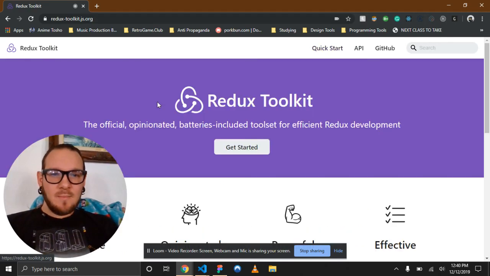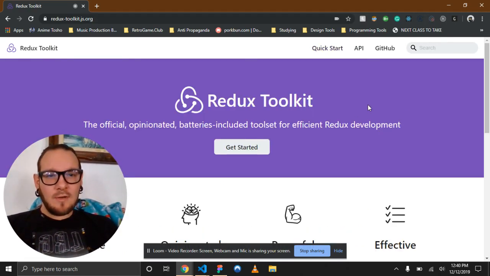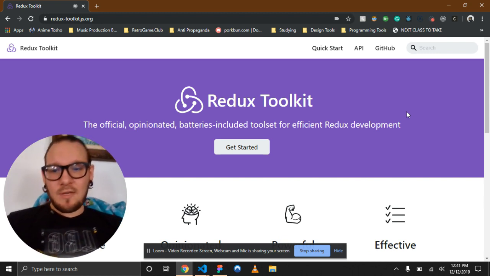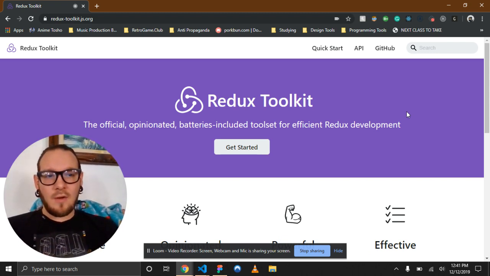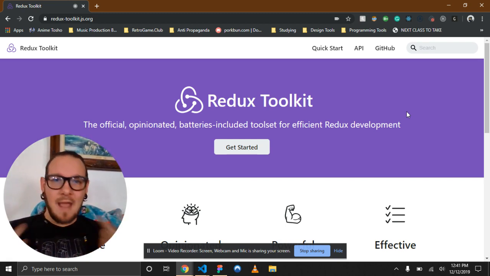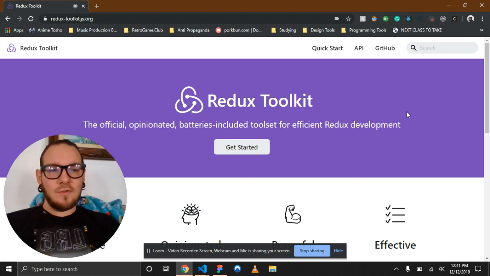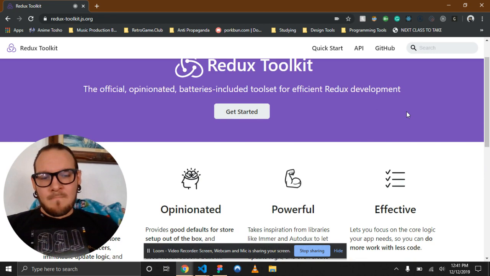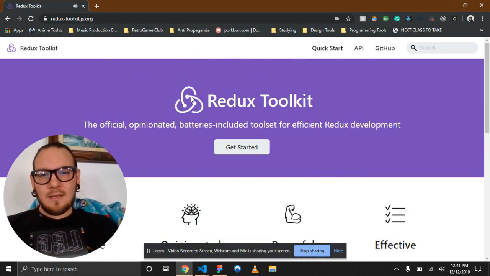Hey guys, so this is going to be somewhat of an informal video. I couldn't find much in terms of videos online about Redux Toolkit. If you already use Redux or you're learning Redux and you feel a little frustrated about how much boilerplate there is, or how all the files are separated into constants and action creators and reducers, and you have them all scattered about your development environment, Redux Toolkit is something that tremendously simplifies all of this and eliminates most of those issues that people have with